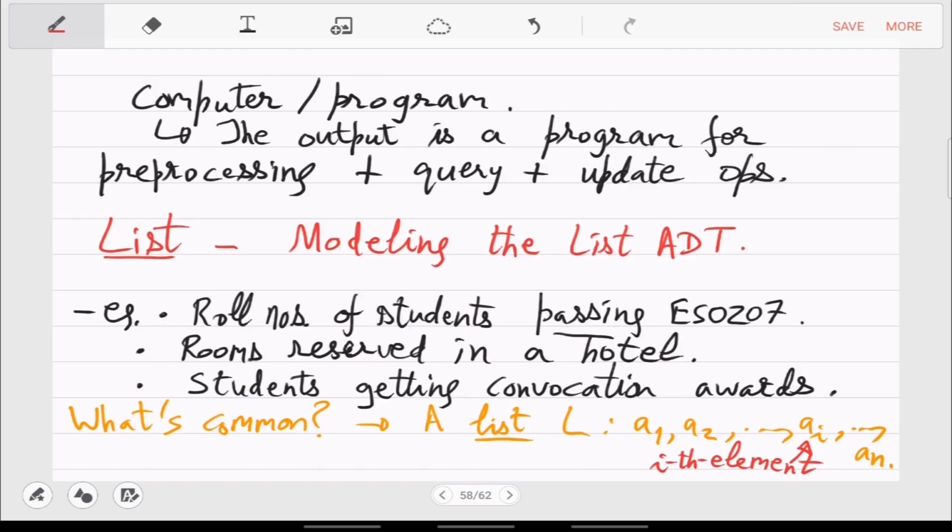So the point is that it is not a set of elements, but it's a list of elements which is an ordered set. Right? It's not an unordered set. But it doesn't mean that it is sorted by any key. So which is why we have invented a new word, list, because we cannot call it a set, we cannot call it an array, we cannot call it a list of sorted integers and so on, right? So we have to invent something new, so we are calling it list.